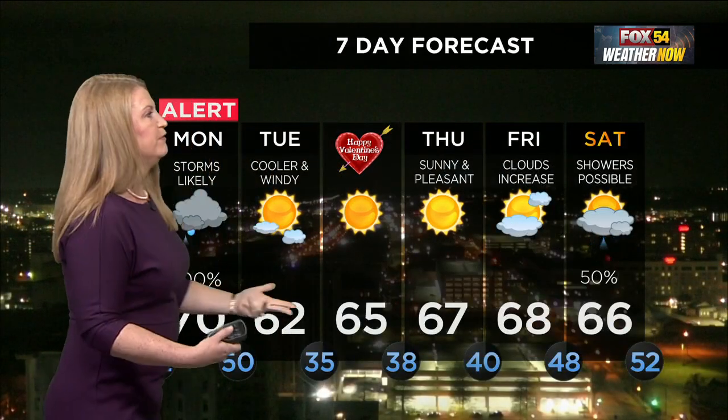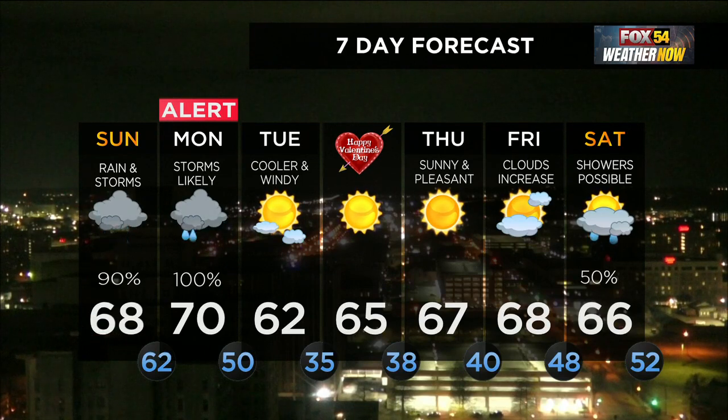Your 7-day forecast. Storms likely again on Monday. That is our Weather Now alert a day. Tuesday, cooler and windy behind our frontal system. Once we get this nasty weather out of here, 62 degrees for the high. Valentine's Day looking lovely on Wednesday, and Thursday sunny and pleasant. Friday